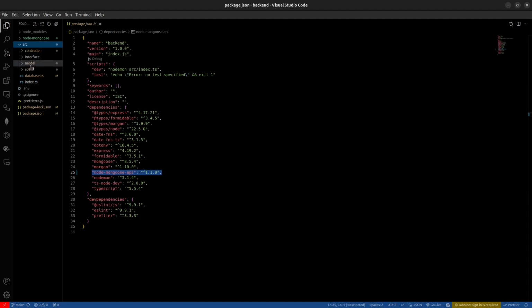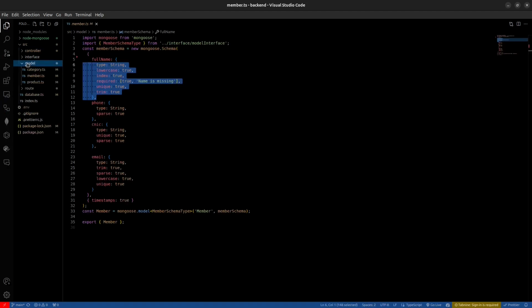This is the model folder. This is the model of category, member, and product. So the model folder represents the schema of category, member, and product. The member represents the user. Category and member are straightforward, but product has a relationship with category